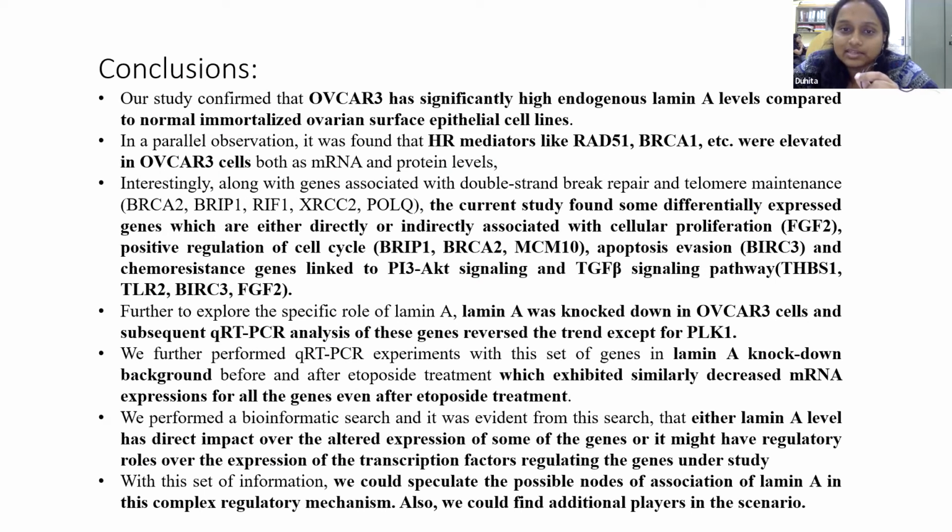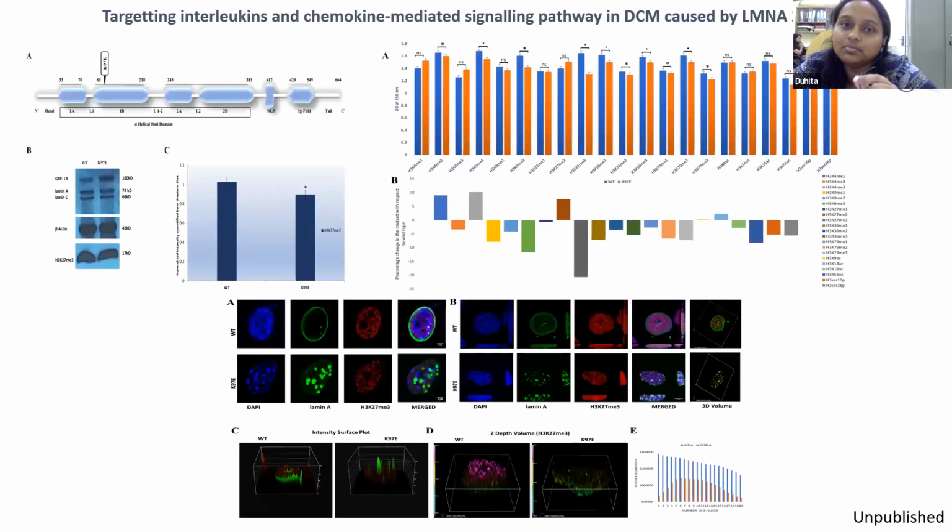And I would like to briefly explain another project which does not deal with cancer, but with laminopathy. I started working on another laminopathic mutation called K97E, which is a very deleterious mutation causing dilated cardiomyopathy. This is very preliminary data that I want to share: we checked the expression of epigenetic modifications in the cells after transfecting them with the laminopathic mutation K97E, and could see a reduction in the